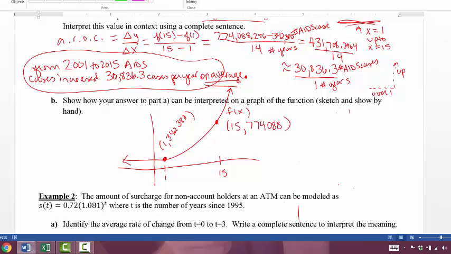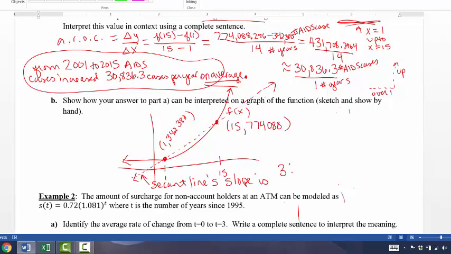And when we performed our average rate of change calculation, we were imagining this secant line that intersects the function at those 2 points,